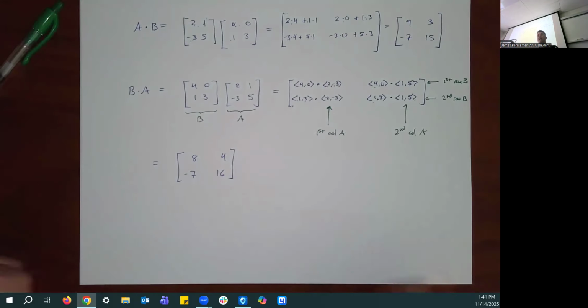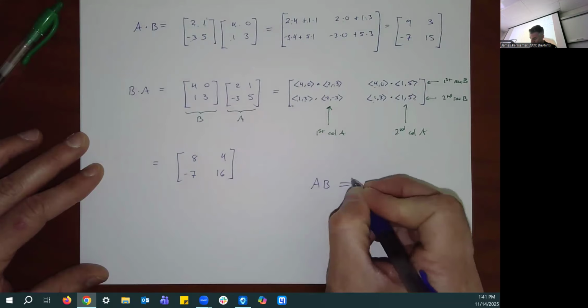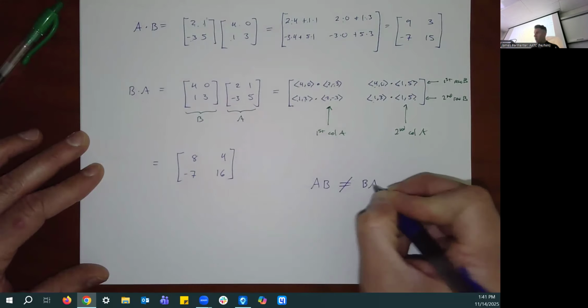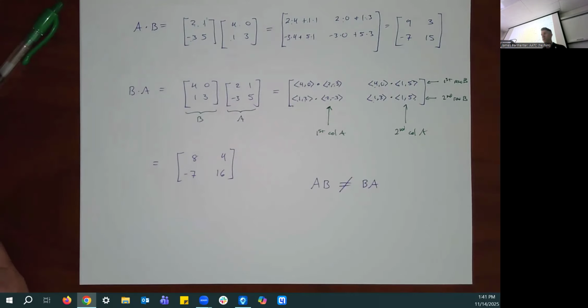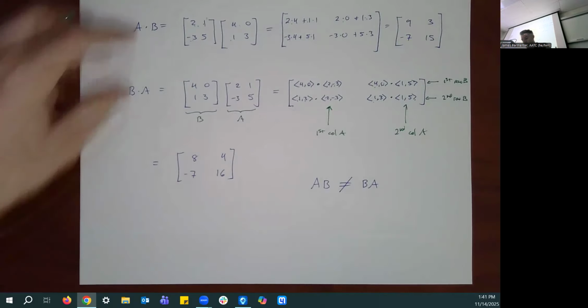And the biggest thing to observe here, which might be a new idea, is that the order of multiplication really matters. The matrix A times the matrix B does not equal the matrix B times the matrix A. So matrix multiplication is not a commutative operation. Interchanging the order of multiplication wildly skews the results, or might even make the other multiplication impossible. For example,